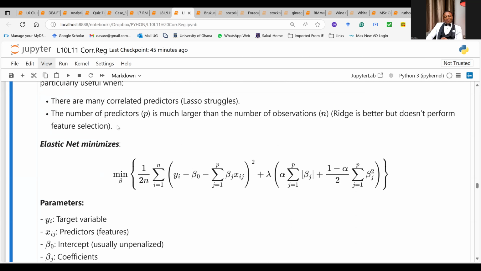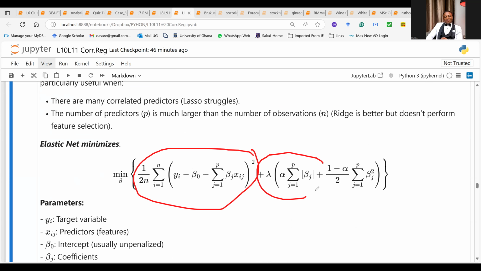And this is the elastic net model that minimizes both the lasso with its regularization penalty. And by the way, the first part is the OLS regression, this part. And then this part here is the lasso, and then this part here is the ridge. So you have all of these things there.